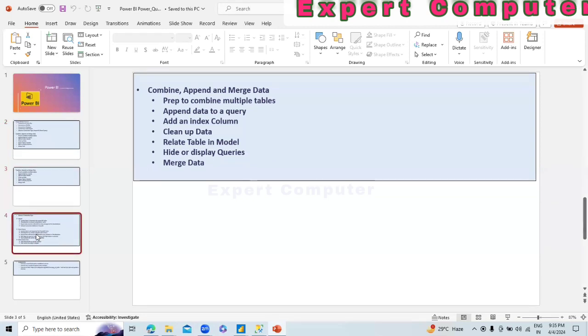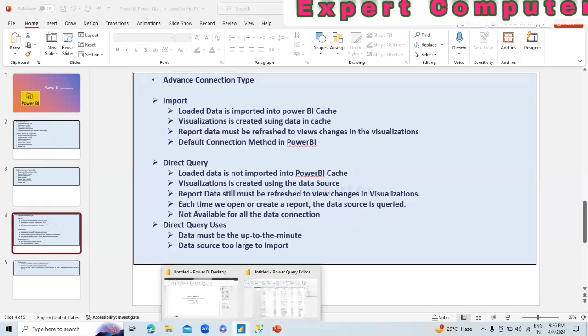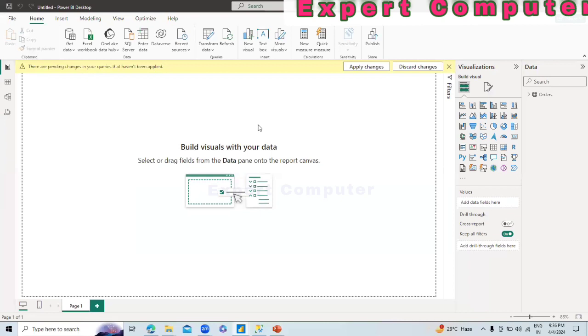Next, we'll see how we can use the import option, right? How we can use the direct query. यदि हमें data को SQL query के through load करना है, then how we'll do that. And also we'll see how we can use the parameter in Power BI, right? In Power Query, right? So first, what we'll do from here, जब हम इसको लोड करते हैं पावर बीआई को,